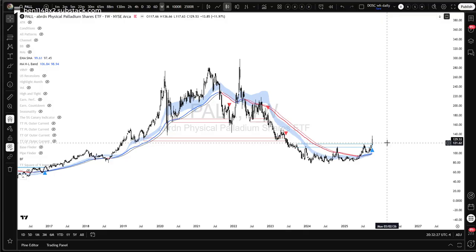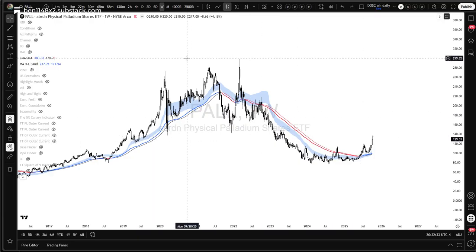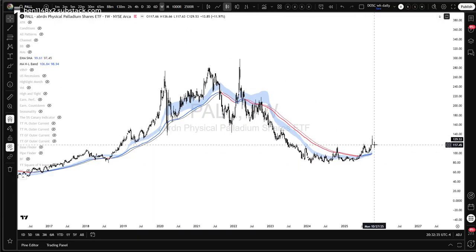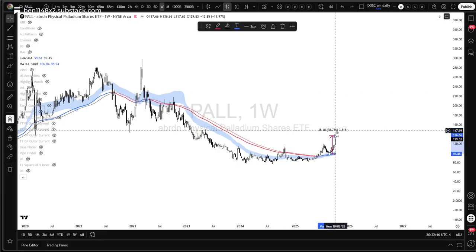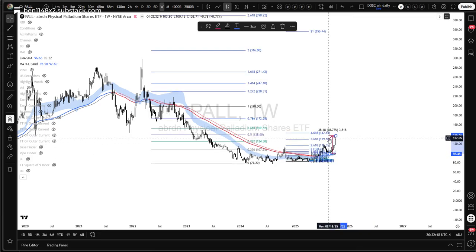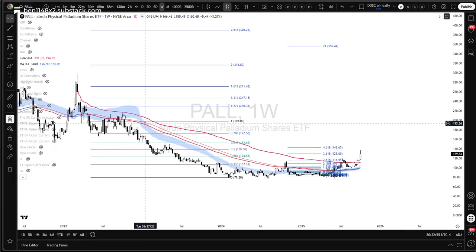It's not an indicator that I use for trading, but it helps us to understand that on a very long-term basis, we've got a base that we really haven't pulled very far away from, even though we've had a massive move in palladium. We've seen this 40% since the summertime, which is a hell of a move, but we're just now coming up above the